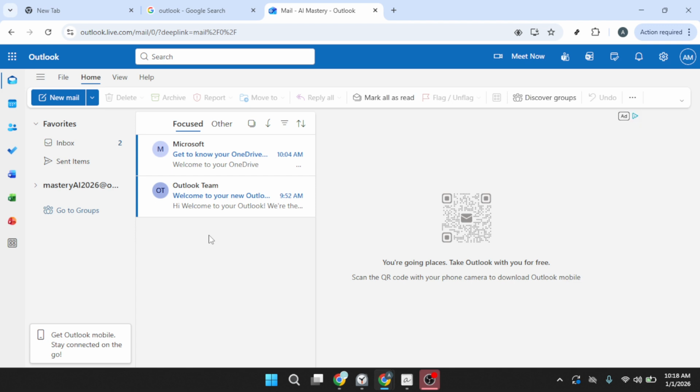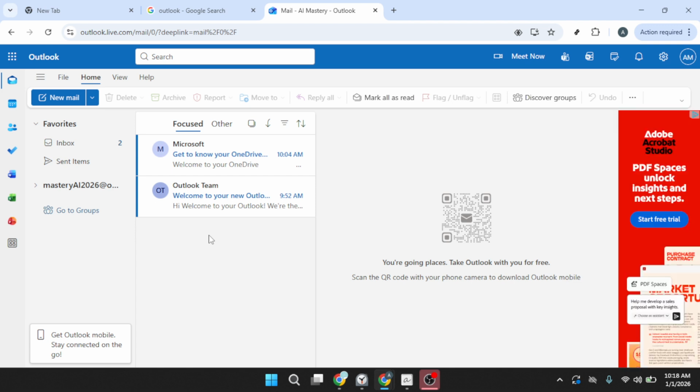If your layout looks slightly different, the steps are the same. Expand the account, find Sent Items, add it to Favorites, and